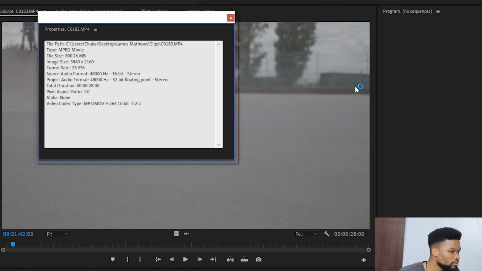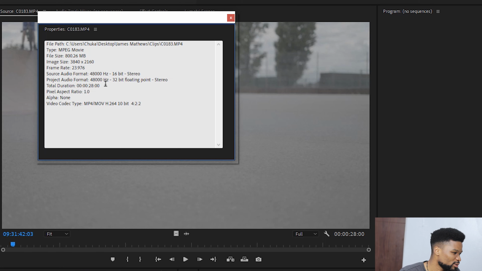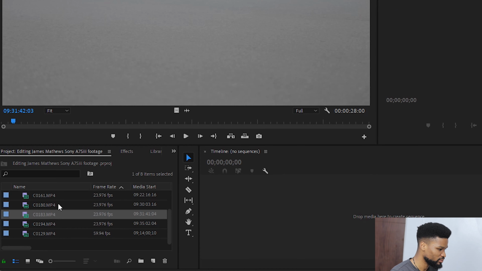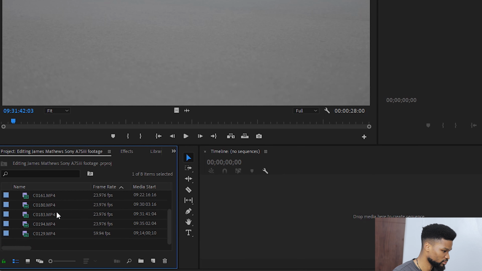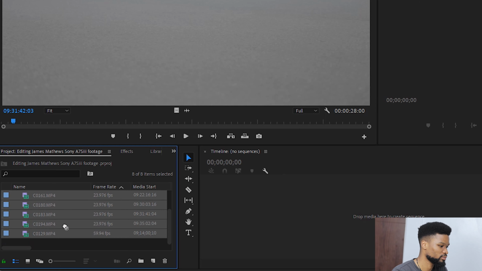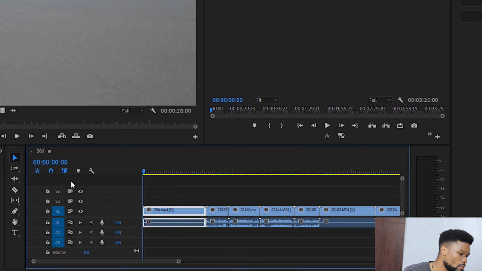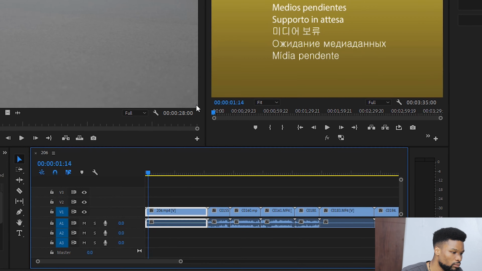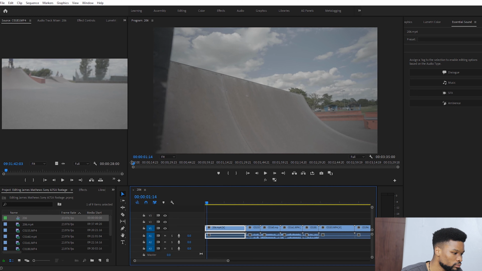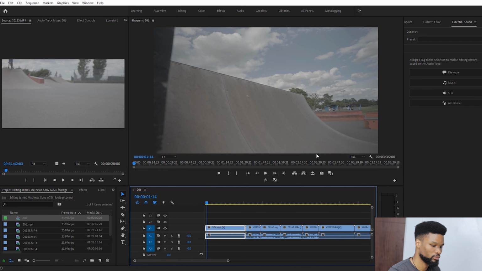Let me check out the properties. 10-bit 422. Delicious. Judging from the motion, it seemed like it was shot at 120 frames per second. 120 or 60? Nah, that was definitely 120. 60 isn't as cool as that. Now I'm going to select all and start a new sequence. I'm going to leave Premiere to handle the sequence settings for me. Considering the first clip is a 24 frames per second clip, Premiere should automatically make it a 24 frames per second sequence.